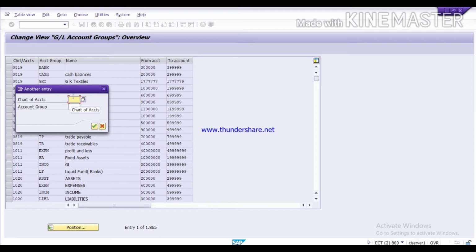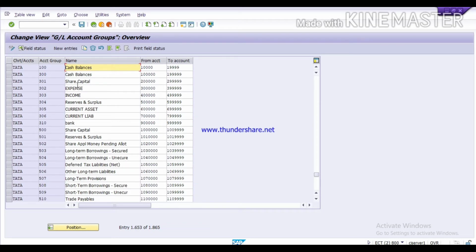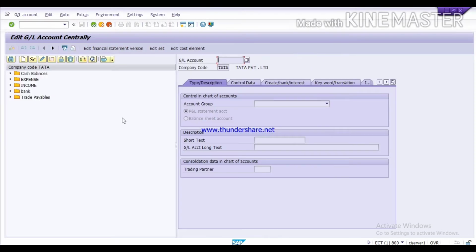Here, select the company code or chart of account, Tata. Now, under this current liabilities group, from this number we will copy and come to FS00 screen.